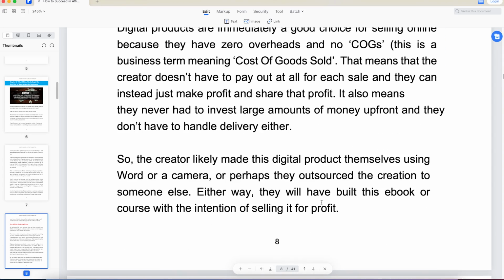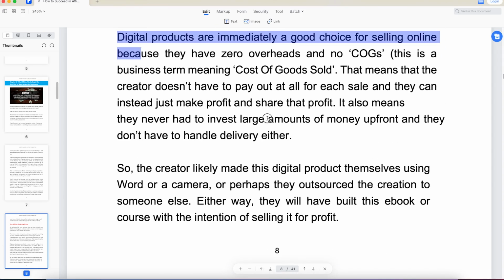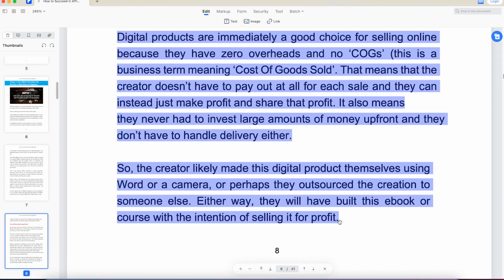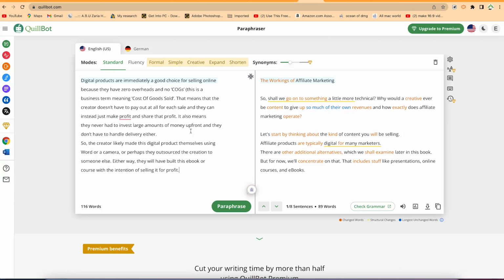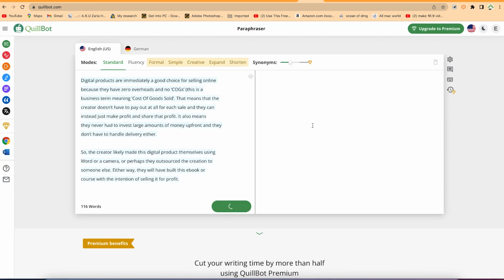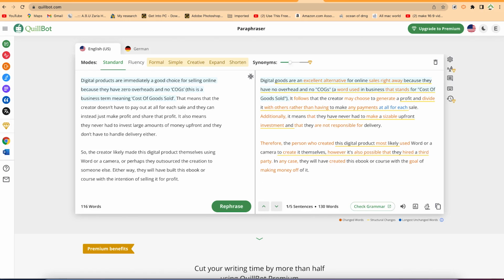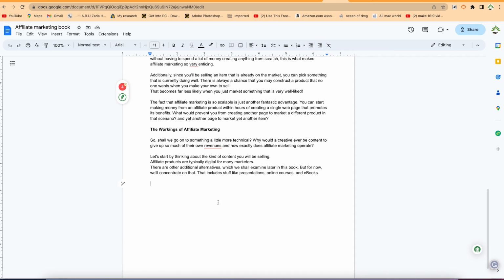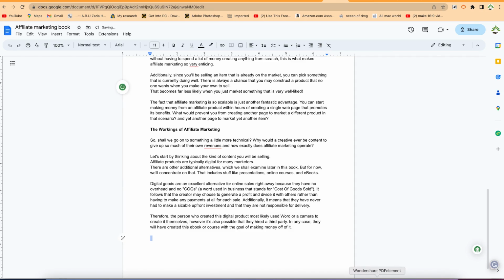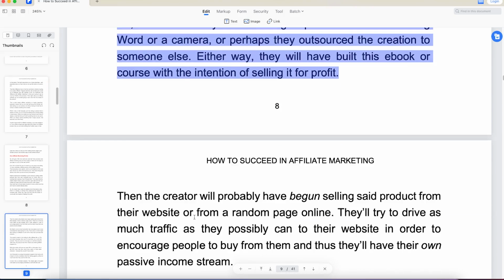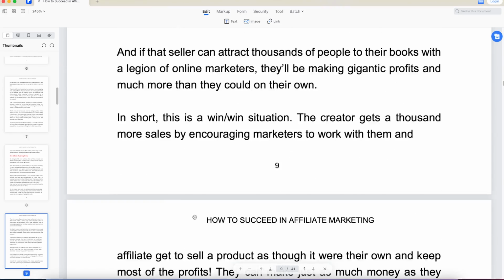So you can just go ahead and do the same thing here. You just copy up to here, and you can come back to the Quillbot, paste, just make sure you separate. Okay, paraphrase, you copy, and then back here and paste. So this is how it's going to be. This is how you're going to keep on doing it